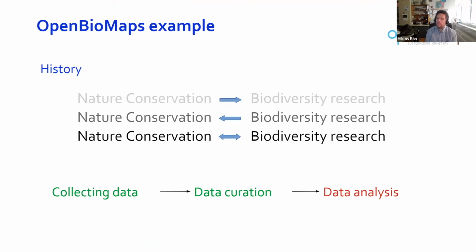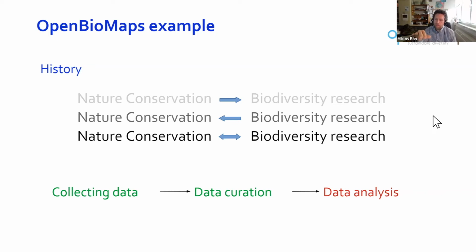In the following, I will show how we are trying to build additional virtual layers on top of the computational capacity provided by EOSC in order to simplify the analysis of conservation research. Open Biomaps was originally created to provide IT support for conservational work in national parks. So we developed databases and data management tools for national parks, and these developments have rapidly improved the quality and usability of data. Better data management,